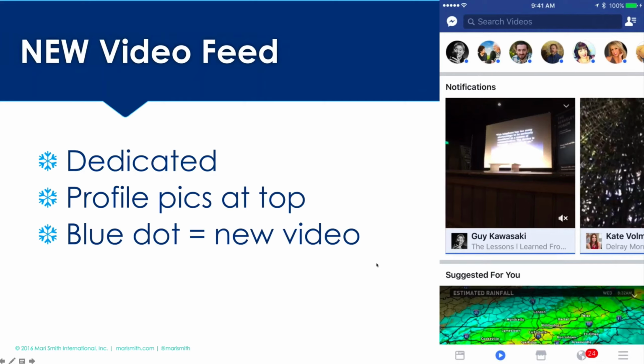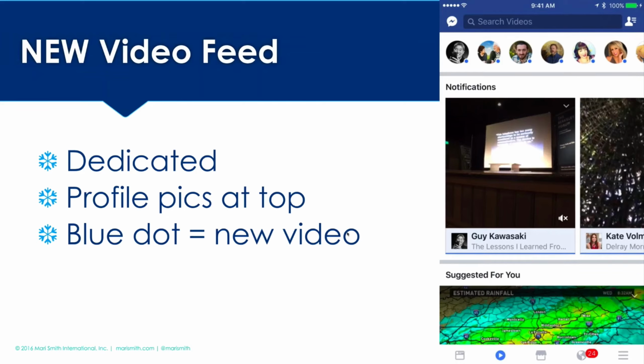The reason this is happening, there are several reasons actually. Facebook is predicted in five years' time to be almost all video and almost all mobile. Also, the ad inventory: it has been revealed that Facebook's ad inventory, meaning the amount of space available for Facebook to show the ads that marketers and advertisers are buying, is limited.